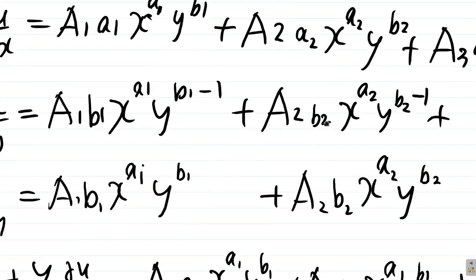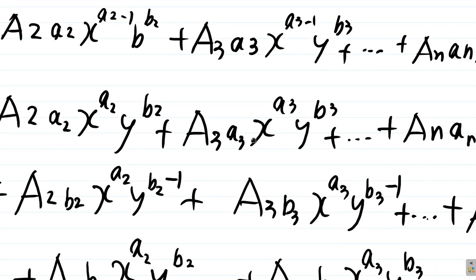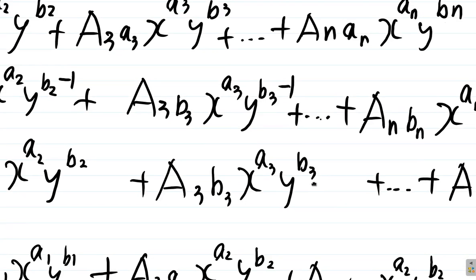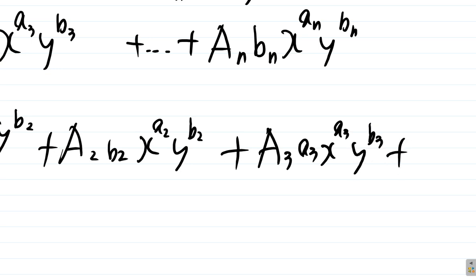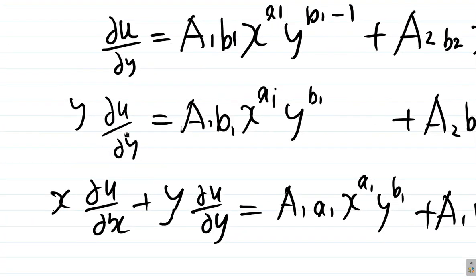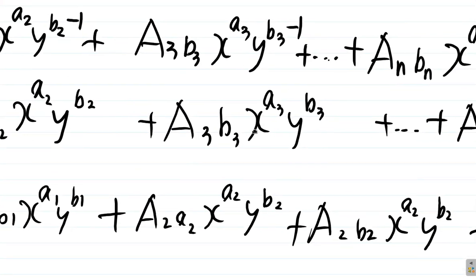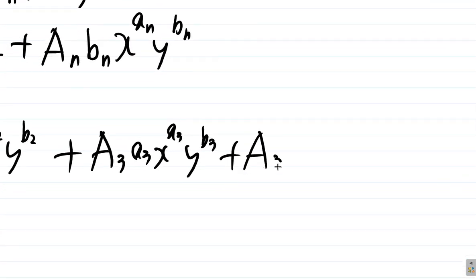Alright, the part with the trees: a3 x to the a3 y to the b3. So we're going to have a3 x to the a3 y to the b3 plus, and then the one with y delta u by delta x with the three parts: a3 b3 x to the a3 y to the b3, so it's a3 b3 x to the a3 y to the b3 plus,